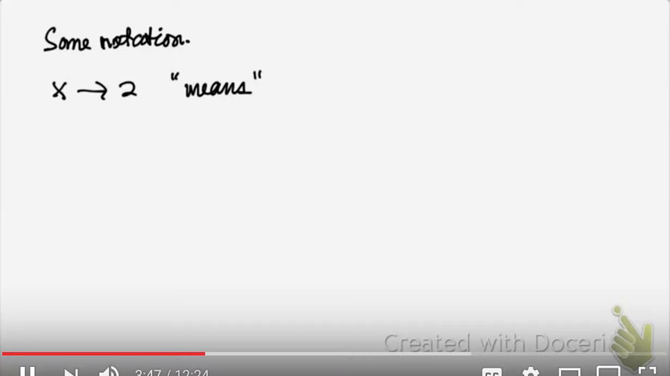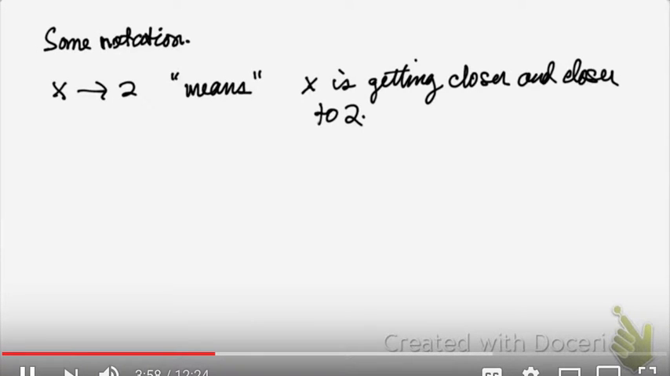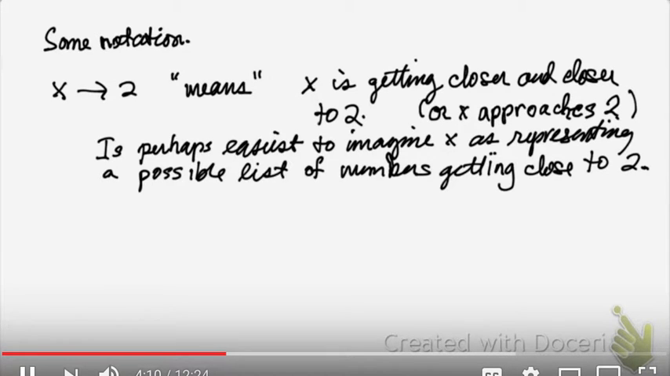This x arrow 2 notation can be interpreted as meaning, and I'll have to explain this, that x is getting closer and closer to 2. One might also say that x approaches 2. We tend to think of the variable x as representing any number that we might want to work with. Here, with the x arrow 2, I think it's easiest to think of it as representing a kind of list